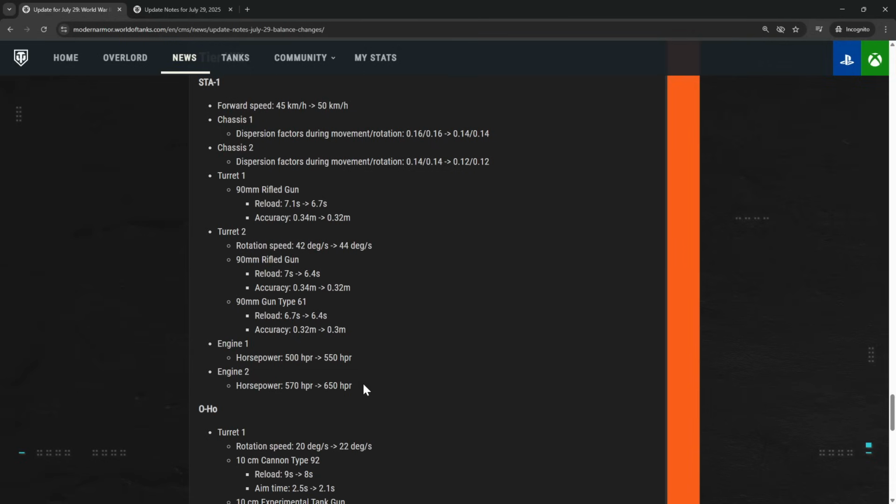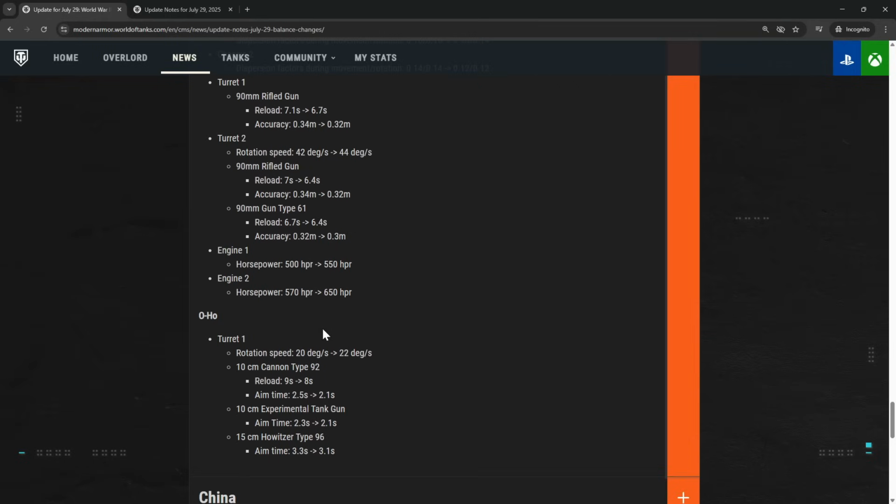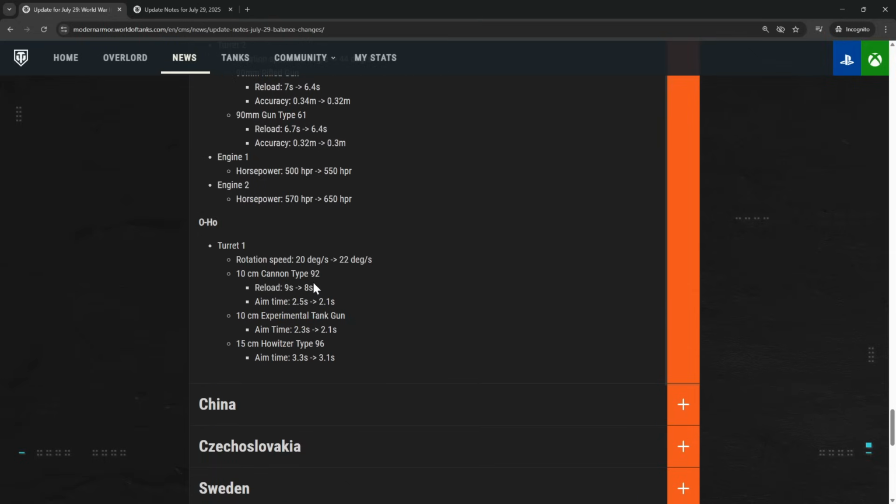But I guess now they want to create a difference, because STA2 was actually the same as ST1 and it was pref. We'll see. Yeah, so it's going to be better than STA2, because that's pref, and that's the only thing that makes sense, right? Non-pref should be better, but apparently STA2 got multiple buffs multiple times and was the same as the STA1 with pref matchmaking. And then we have OHO, the rotation speed increased by 2, reload increased by...